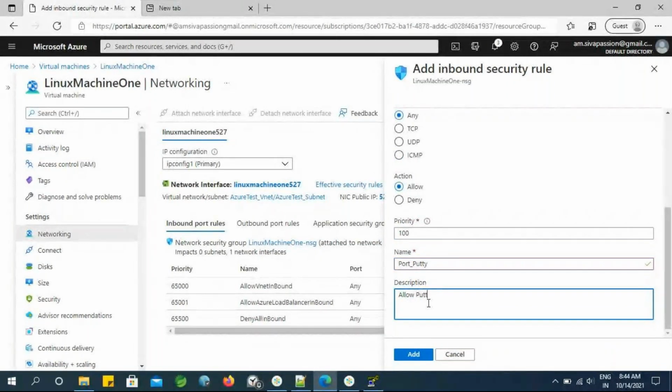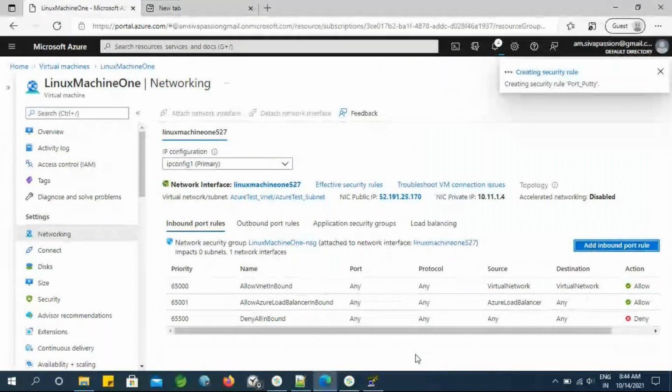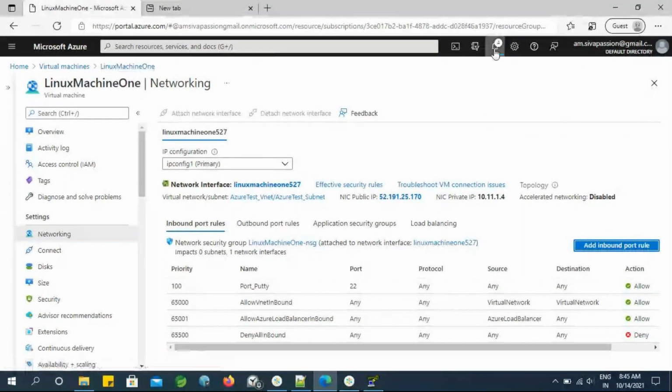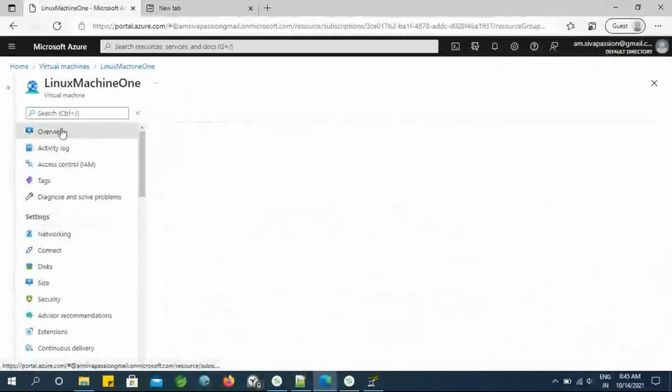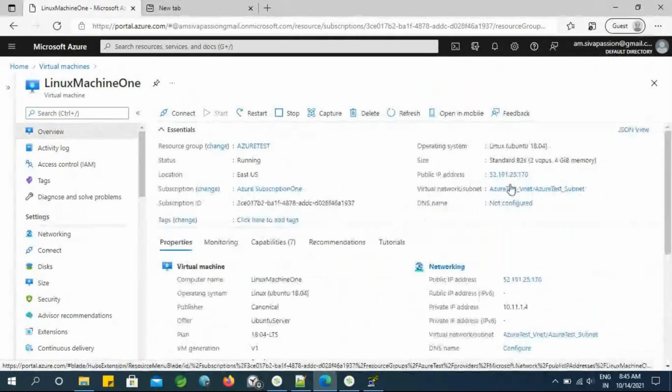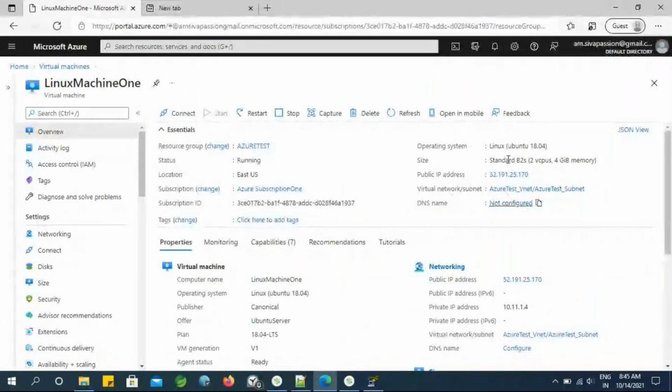Then click on overview. So whatever IP address you have got,